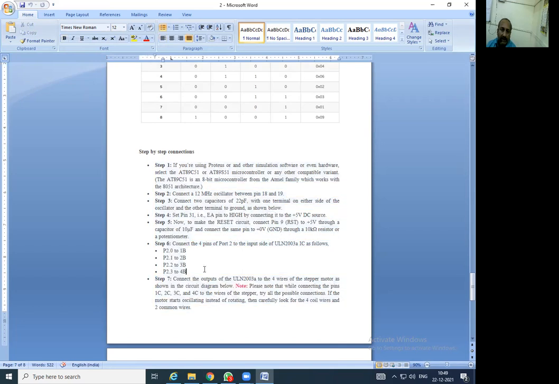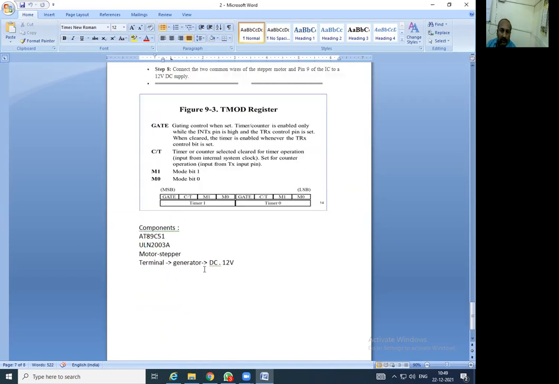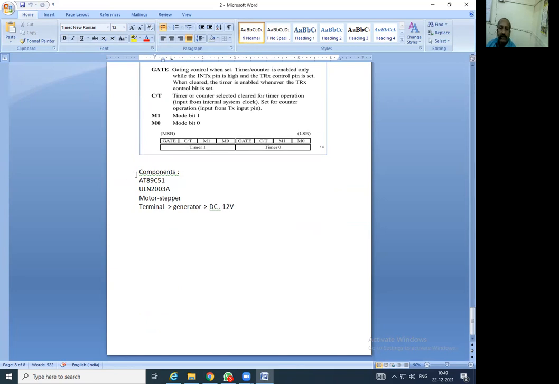So it has been connected and given over here. Which register has to be used, that is the TMOD register, and which components are going to be utilized in this one is also mentioned here. First is our 8051, then ULN2003.